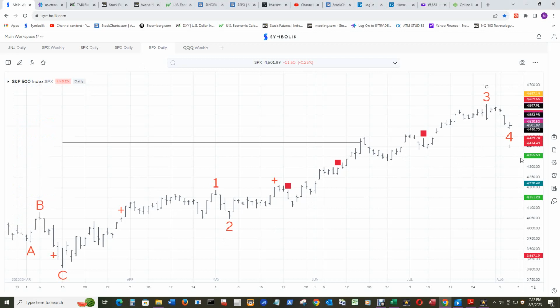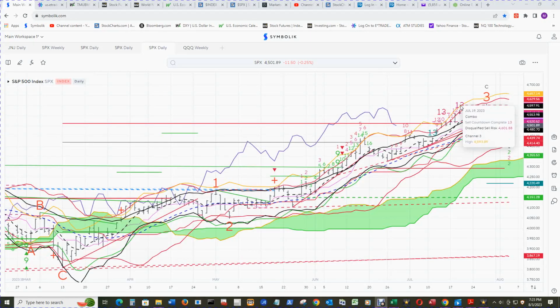I still think it's either one of these, hitting the Fibonacci retracement projection, or having the shift from 2 to overtake 4. And this combo sell countdown completion 13 has one more day to get blamed for any more downside. So it will be 12 bars tomorrow